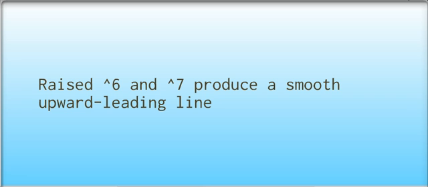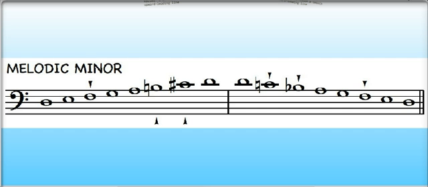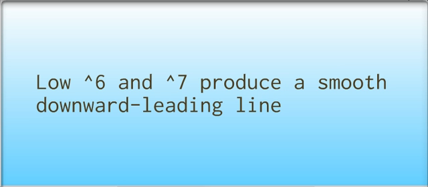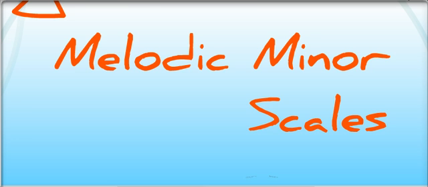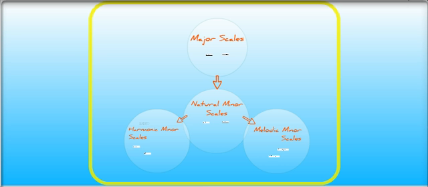Raised 6 and 7 produce a smooth upward leading line. And low 6 and 7 produce a smooth downward leading line. So there's our melodic minor scale, and that concludes our discussion